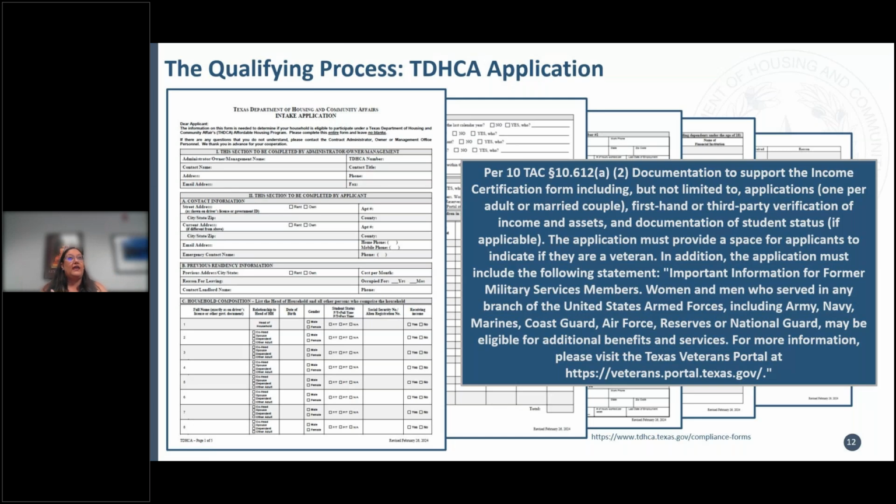So if Amy and I are moving into your community as roommates, we each need to complete our own application. Maybe I don't want Amy to know how much I have in my bank account, or my social security number and birthday. Maybe she doesn't want me to know where she works specifically or how much money she makes. In theory, roommates would have had these conversations, but it is not fair to assume that they would want that explicitly spelled out in an application for each other. So our rule requires one application per adult.